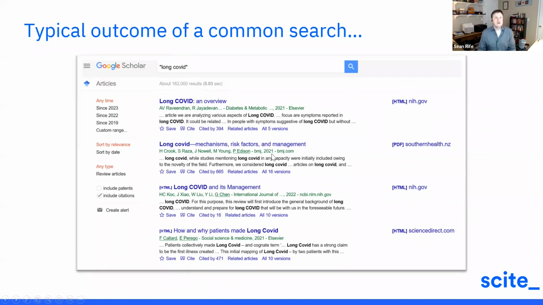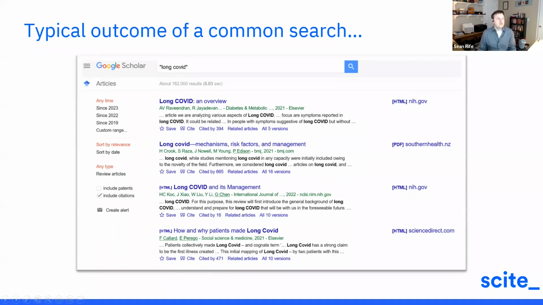But it's really just showing you, for example, in terms of where papers sit relative to one another, only the highly cited papers. That's better than nothing. But we think it's important to actually go beyond this. And it's especially important when you're searching for a topic that has, in this case, over 160,000 results.